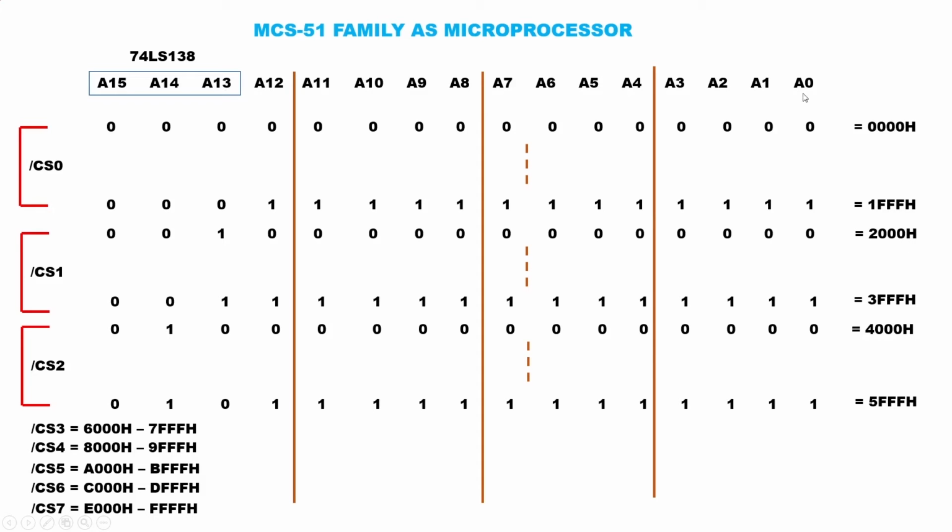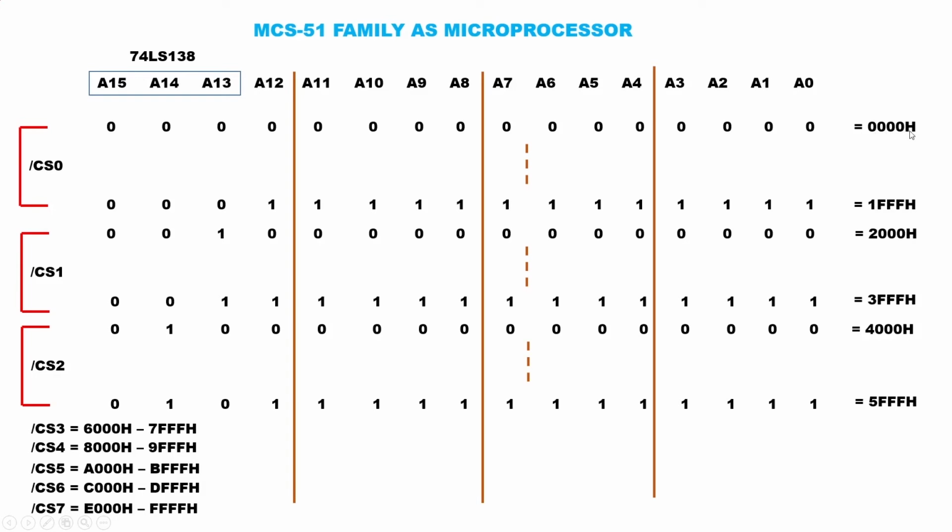And if all the bits from A0 to A12 are high, with the A13 bit also high, we'll have the address 3FFH. Similarly, the next address range will be 400H to 5FFH. Here we have connected three addresses, A13, A14 and A15, with 74LS138, and if all three of A13, A14 and A15 are 0, then chip select 0 will be low, and this chip select 0 will be low during the addresses